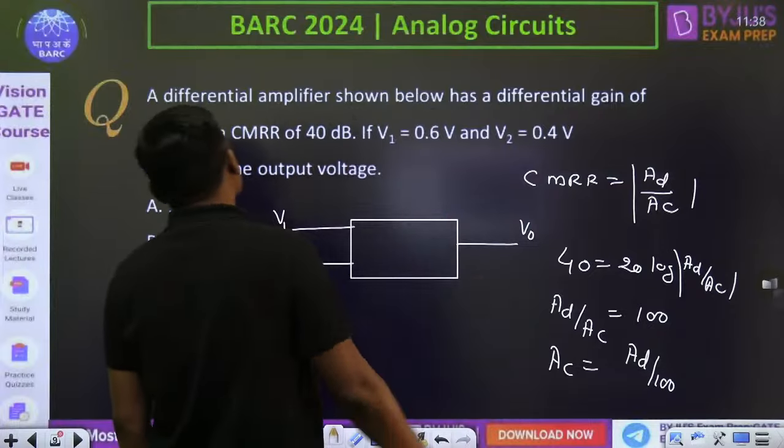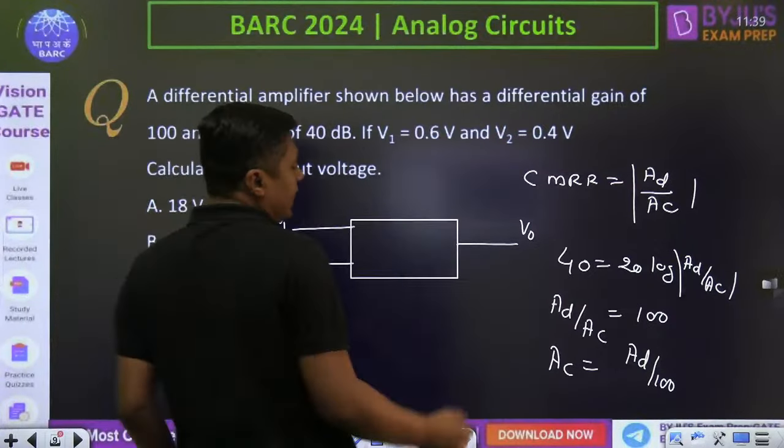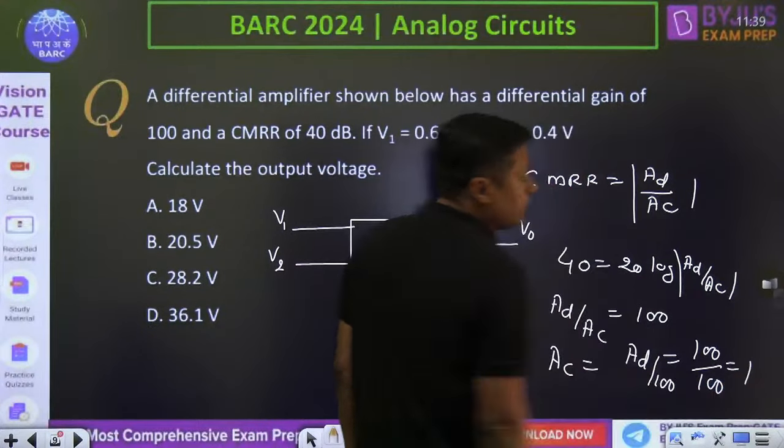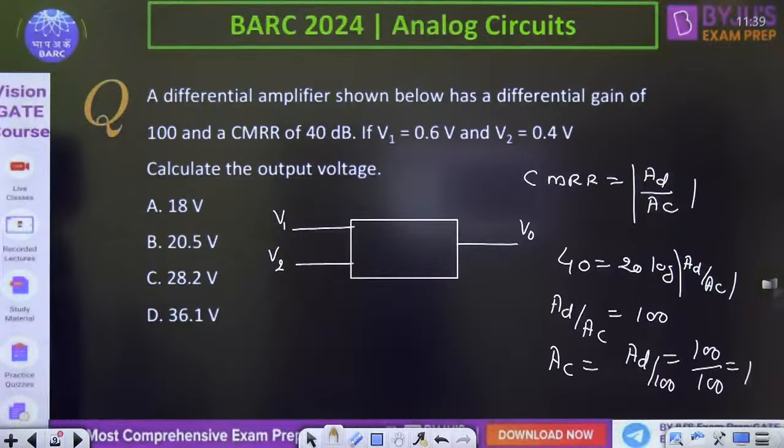Easily you can solve. What is the AD here? 100 upon 100, that will become 1. Okay? Then